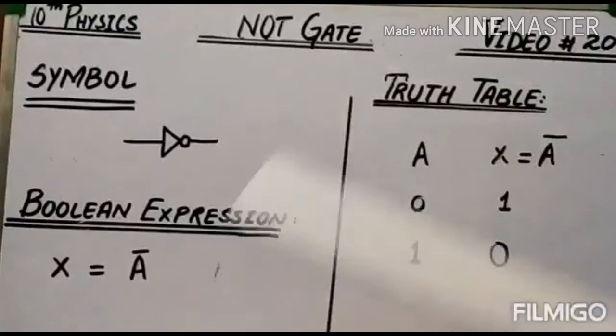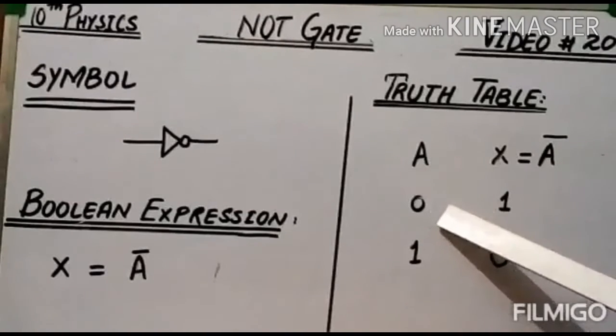Like if I say no, you say yes, I say yes, and you say no in response, and this will be a NOT gate. This relates to our daily life very well. Where we can see the practical applications are the lamppost or the lights on the sides of the highway. Their NOT gates are used.